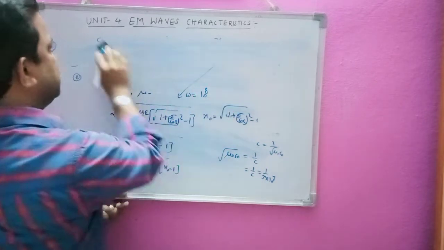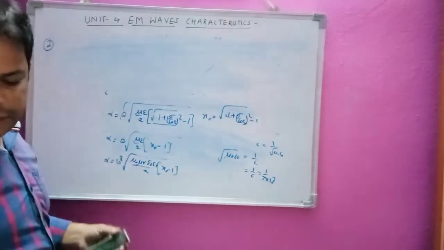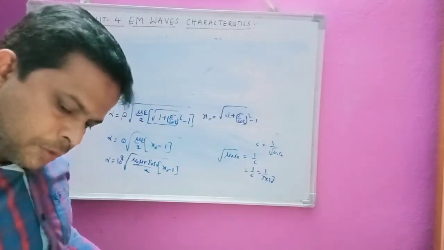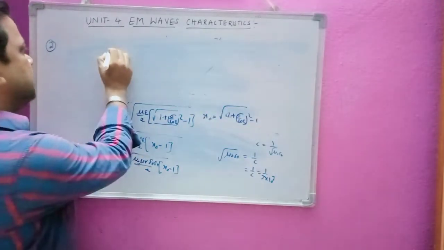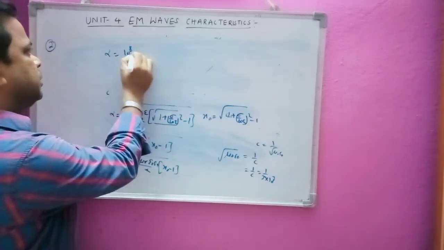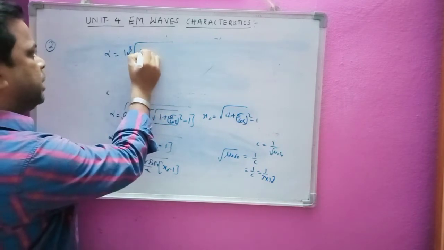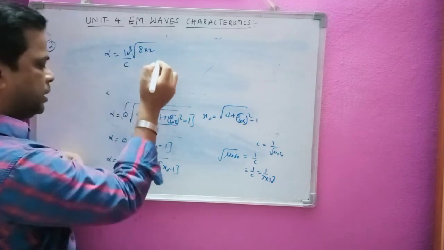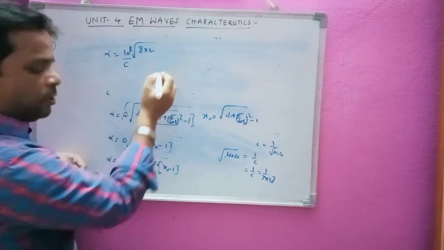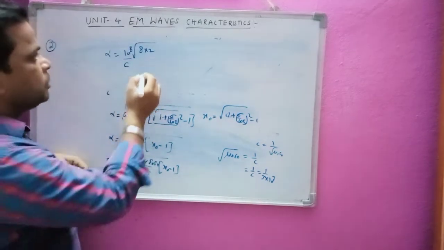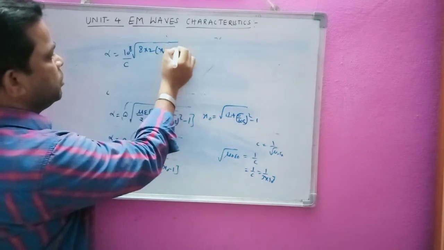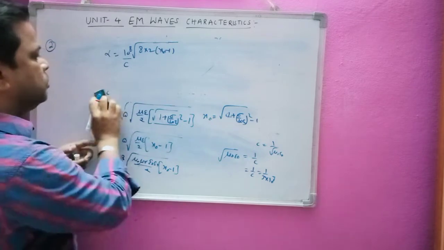Mu r is given as 2 and epsilon r is 8. Alpha is equal to omega times square root of mu epsilon by 2, which I can write as c into square root of x naught minus 1. So alpha is equal to...